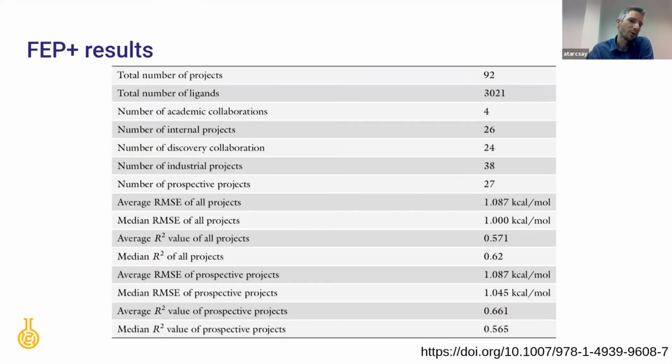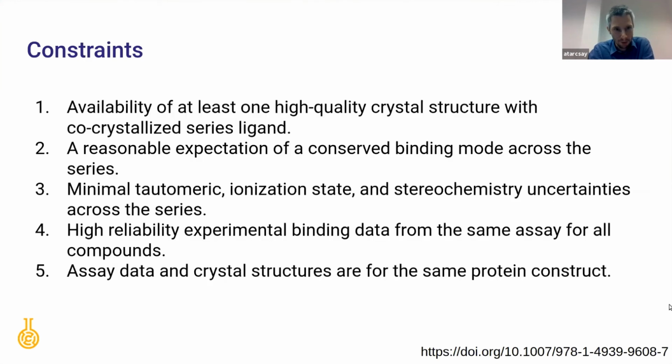And here I'm focusing on the results. So FEP could produce, on average, so they simulated 3,000 ligands, 3,000 endpoint predictions, and the median root mean square error was about 1 kcal per mole. That's what they could achieve with this technique. So this means that if you simulate the system with FEP, with free energy perturbation, you know where to start, you know the initial state's binding energy, then a change can be accurately predicted if